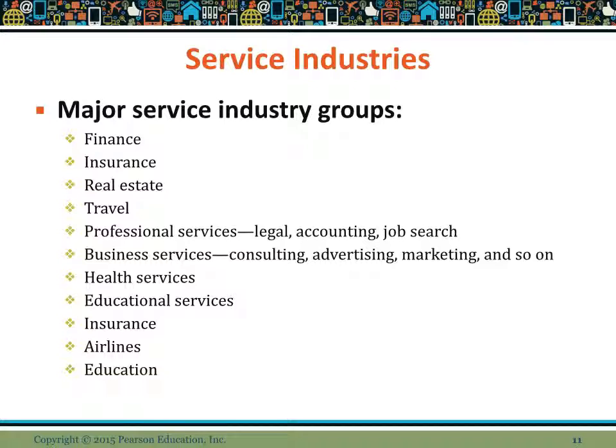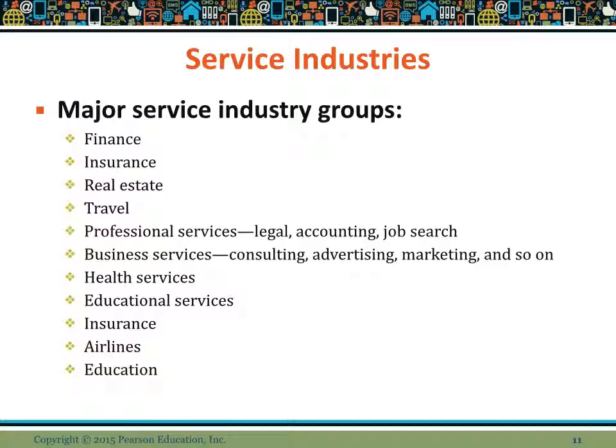Airlines are hand in hand with travel, and once upon a time there was a company in the 80s, well, up until the internet, called Sabre, and it was a service that coordinated all the reservations for all airlines, and it was actually owned by United Airlines. So even if you were flying on Delta, Delta would tap into the computer system of Sabre and determine whether or not you could fly on a particular flight, how much it would cost. And United actually made more money with that than they did flying people around.